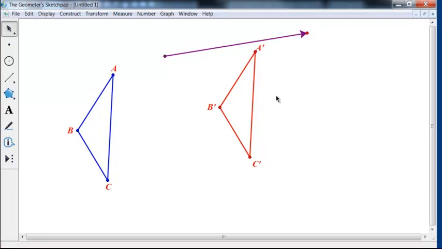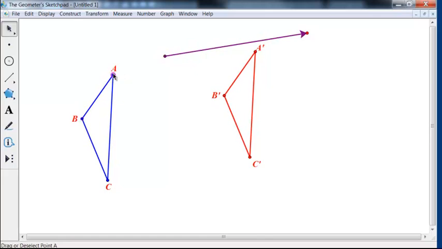So this is a function which maps points to points in the plane. In fact, it maps every point in the plane to another point in the plane, every one to a different point. There are no points which are fixed by this transformation. But it's also a linear transformation. So what that basically means is if A is mapped to A prime and B is mapped to B prime, then all the points between A and B are mapped between A prime and B prime in such a way that